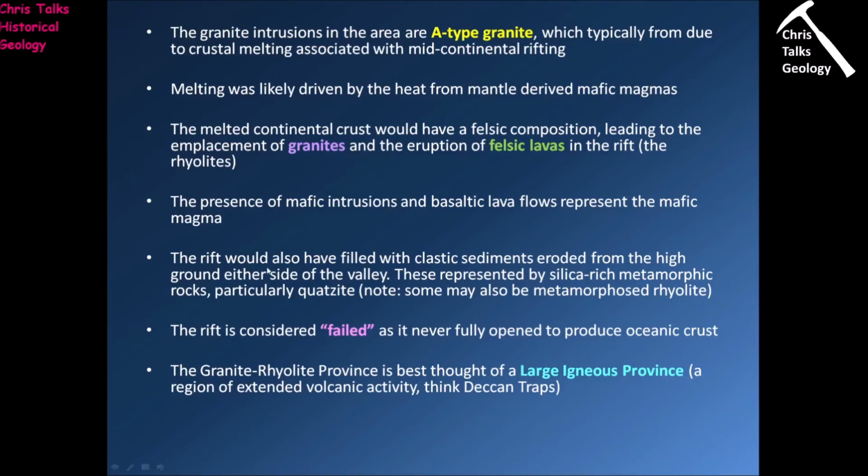So the rift itself would also have filled with clastic sediments, because obviously there's going to be high ground on either side of the rift. That high ground is naturally going to have a relatively high rate of erosion, and so that means we're going to have lots of clastic sediments being deposited into our rift valley, along with the rhyolites and the occasional andesite or basalt flow. So we can see these clastic sediments because they are currently present as silica-rich metamorphic rocks, primarily